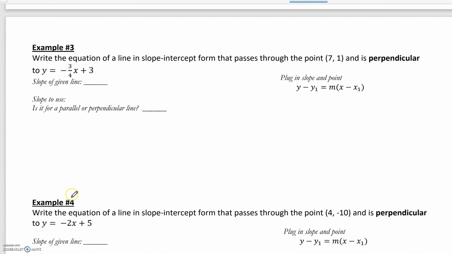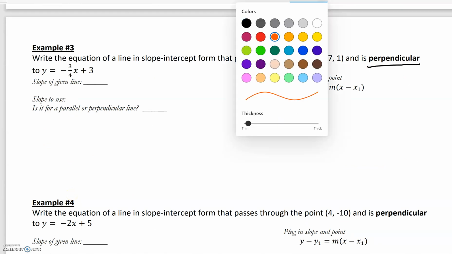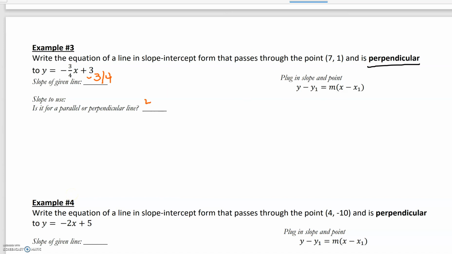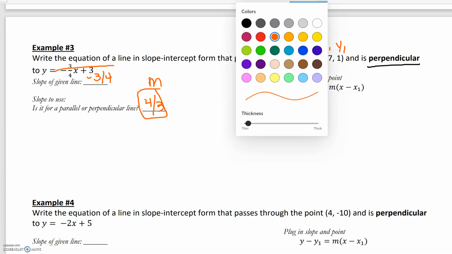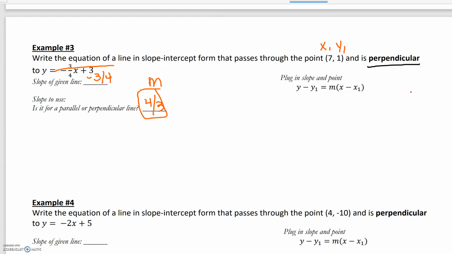We're going to take a look lastly at perpendicular. So this time my slope, if it's -3/4, I'm going to flip it and then I'm going to change its sign. So I'm going to be using this as my m, and this is my x1, this is my y1, and I don't need anything else from that equation. Just pulling the slope from it. Now I'm going to plug this in to my form. So y minus my y1 equals my perpendicular slope, and then x minus my x1,